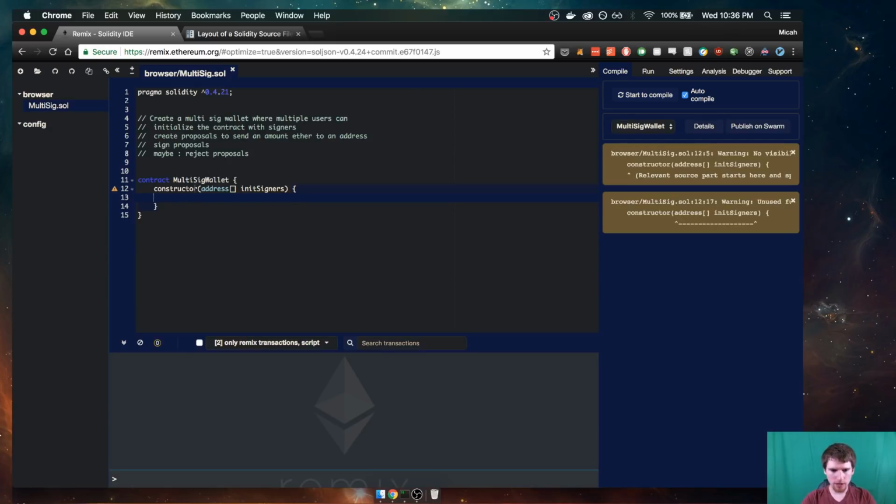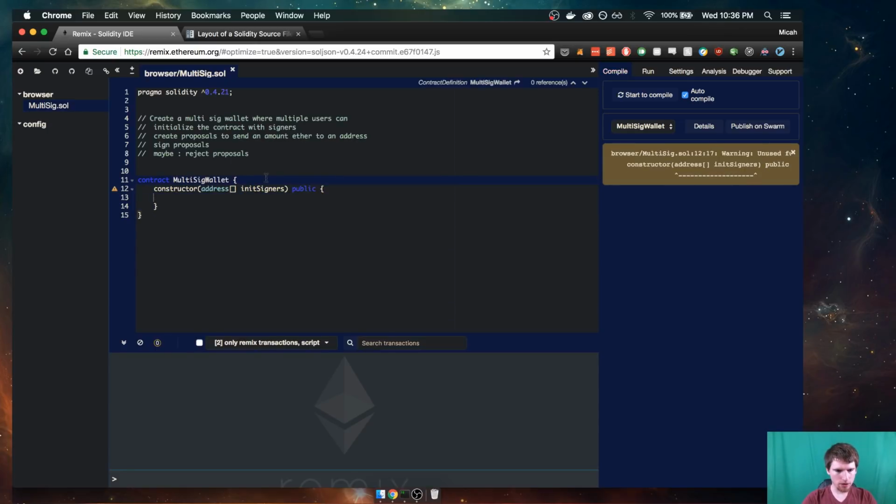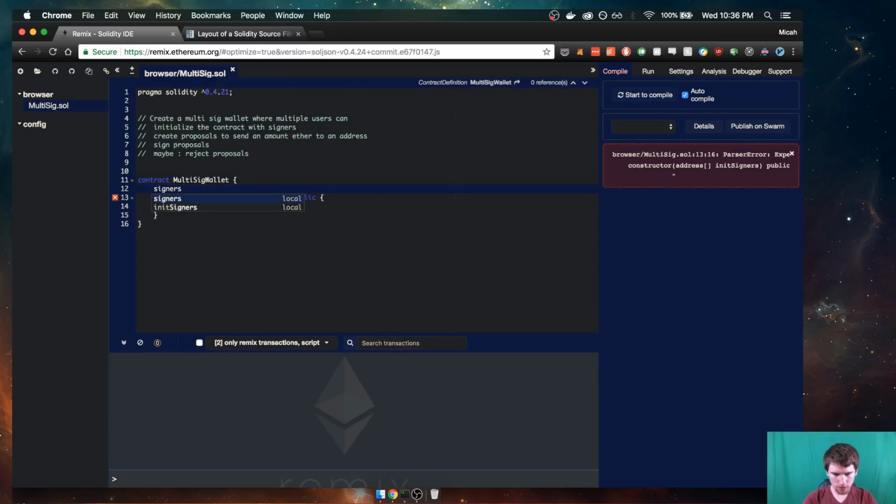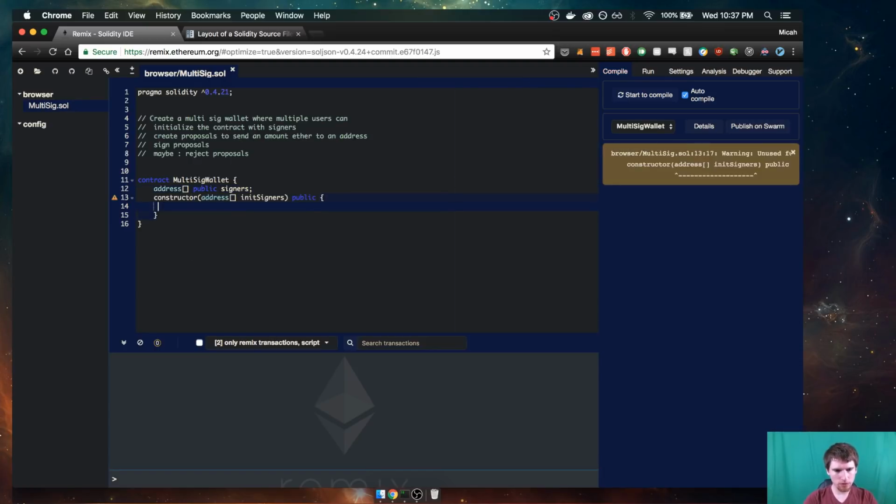All right, no visibility, so this needs to be public. And in here, we are going to say that we have something called signers. It's going to be an array of addresses, and it's going to be public. So what we're going to do is set signers equal to the initial signers, and then from there